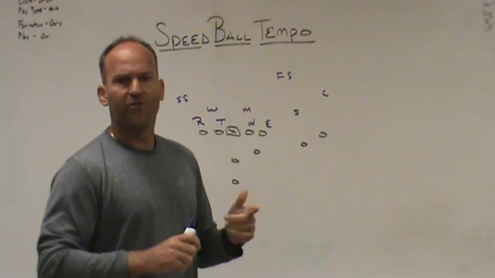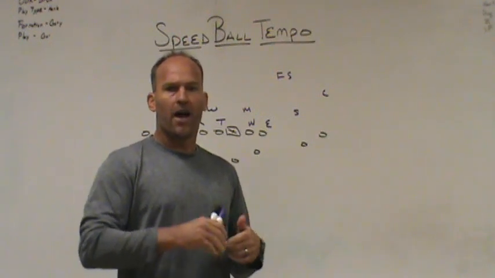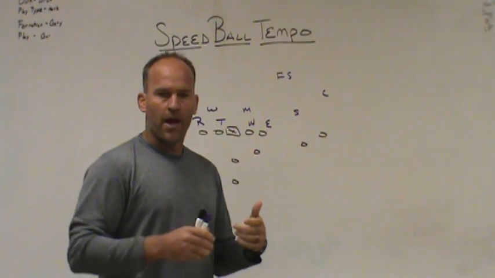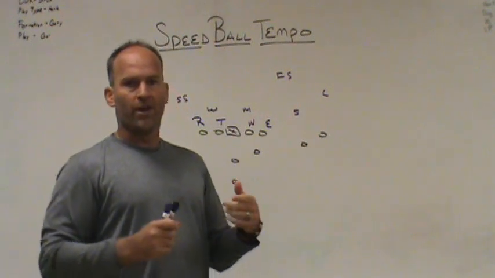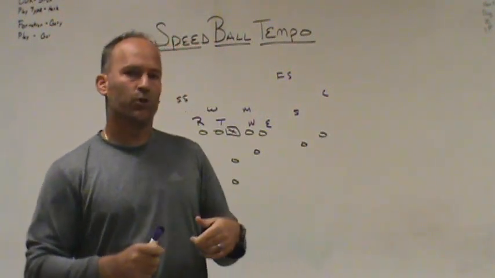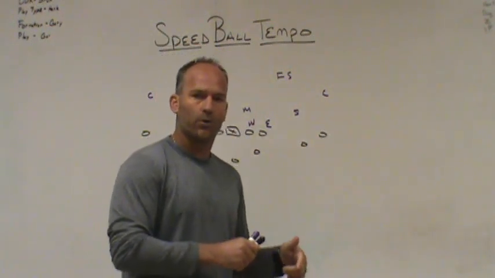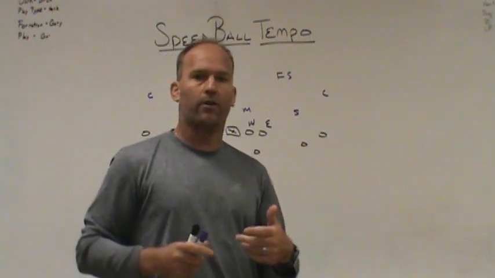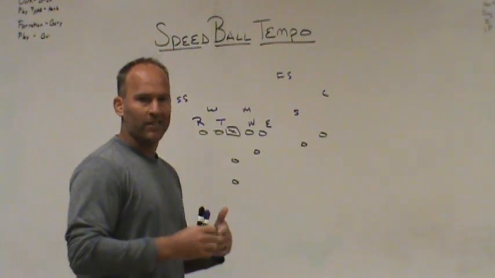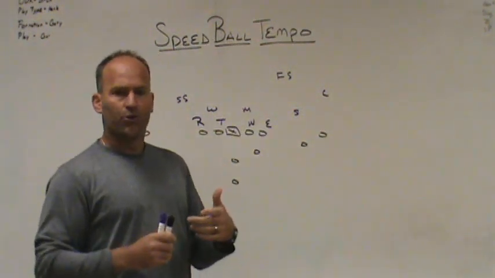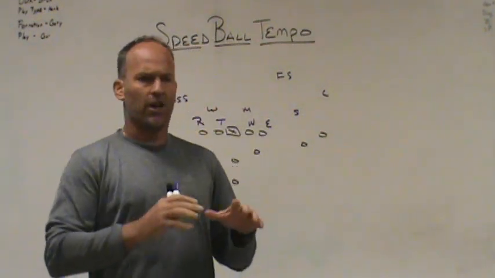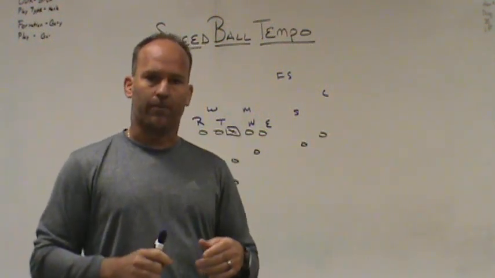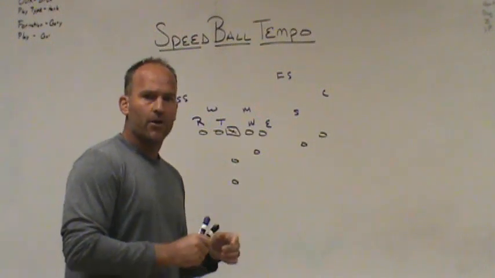All right, we can be a flexbone team, and we could run midline, veer, rocket toss, all the base plays in the flexbone, and be no-huddle up-tempo. We could be a wing T team, and we could run buck sweep, belly, belly option, scissors, crisscross, counter, or we can run waggle, all out of a no-huddle up-tempo setting. The offense that you're using really doesn't necessarily affect if you're a no-huddle up-tempo team. All right, so anybody can be no-huddle up-tempo.